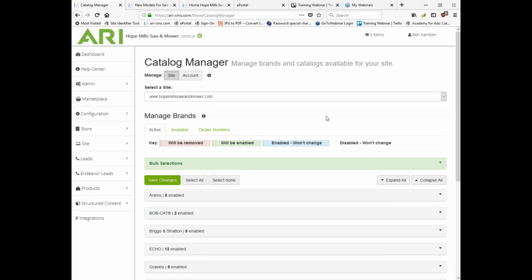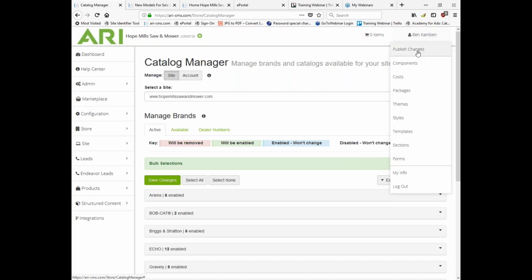And your final step to get all this new information to display over on your site is you'll go up into the upper right-hand corner, click on Your Name, and Publish Changes. As soon as that publish goes through, you'll get a status marker down in the lower right-hand corner saying Successfully Published in green. You can click back to your site, refresh the page, and see that new brand in which